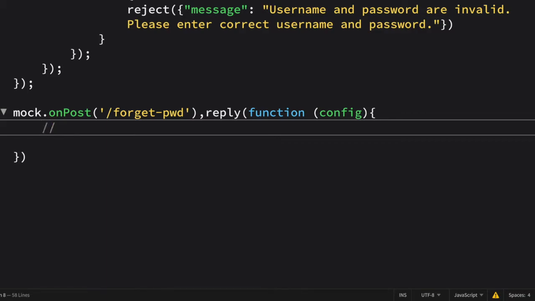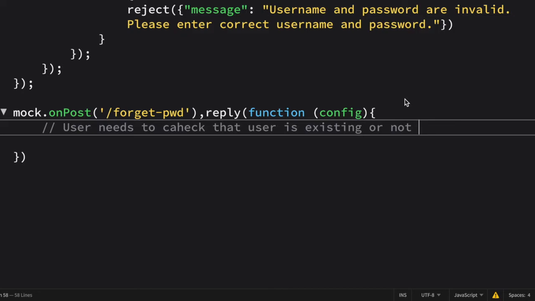After this, let me write it in the form of a comment. So here I am saying that user needs to check that user is existing or not. So how will you resolve this issue? Forget password. First of all, we have to check whether the person who is trying to log in is a part of our database or not.